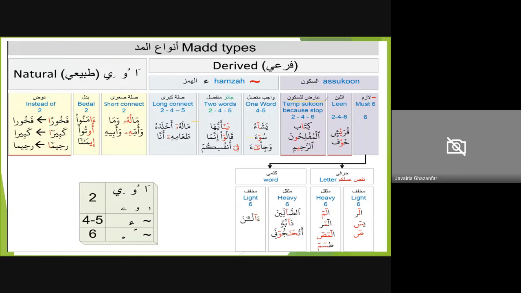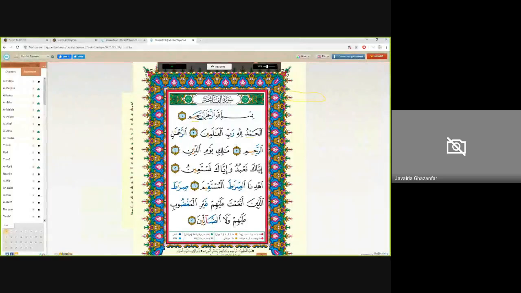So what will it be? Excellent, very good. If you keep your notes in front of you, and keep thinking about what's happening, then inshallah it will become easier and easier. But barakallah fi, there was an actual mad, and then we're stopping here because of a sukoon, so that's called arid this sukoon.